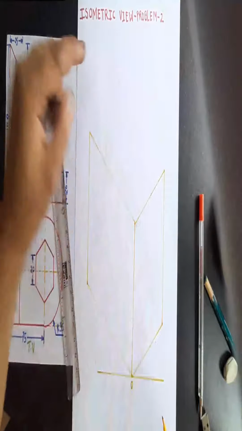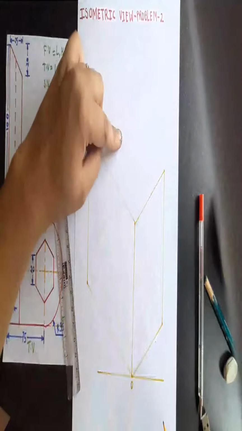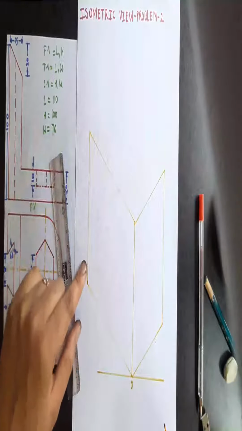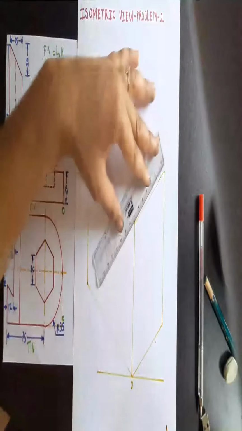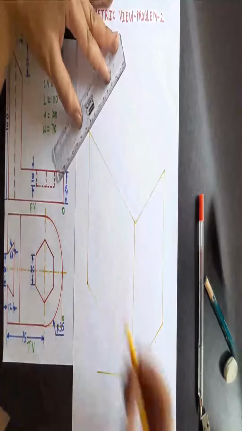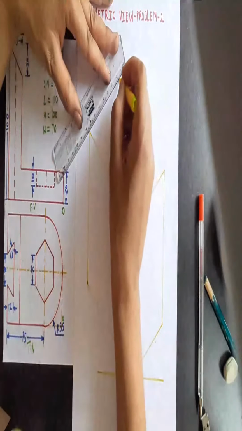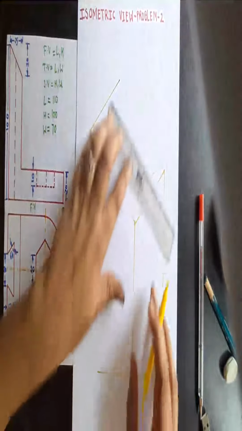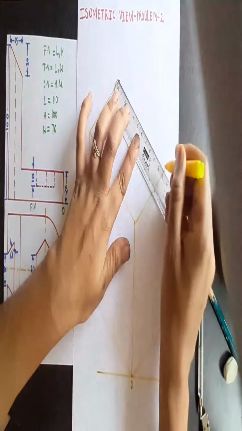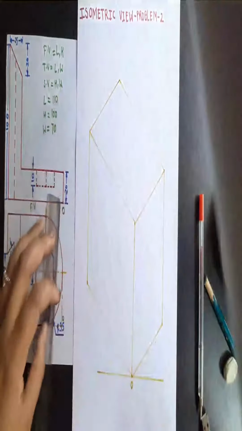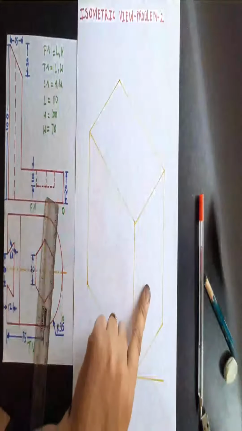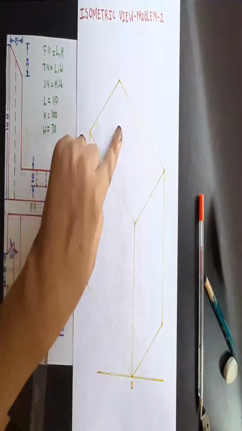Now the remaining is the top face, which will be here. You can see here length as well as height is already here. The third one remaining is the width. So draw a line passing through this point parallel to the width, and the distance is 70 mm. And from here join both these points. In this manner you can complete the three surfaces: front surface, side surface and the top surface. These are the three surfaces which will be visible to you.